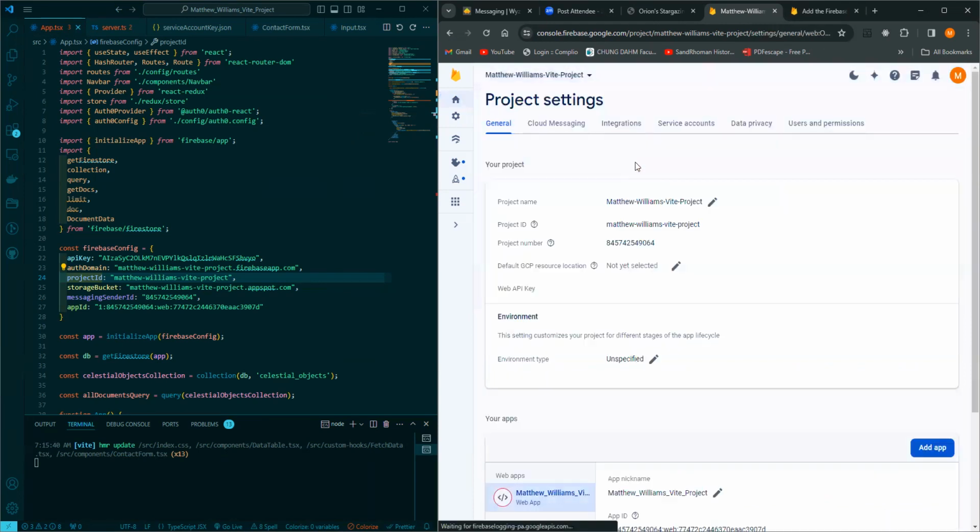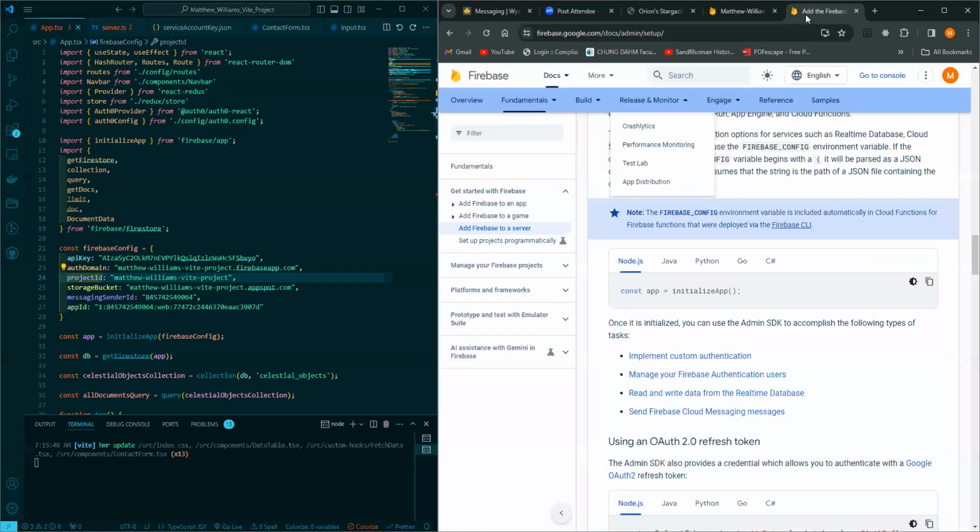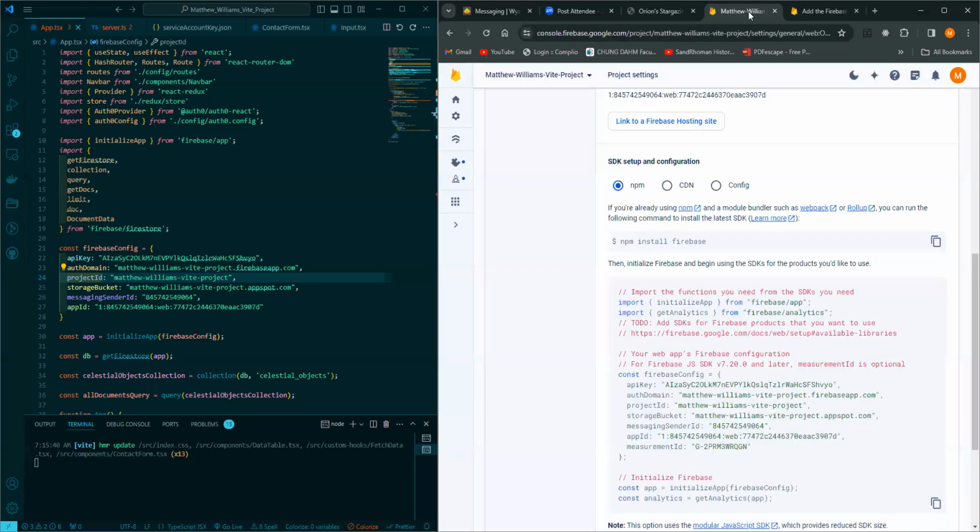Let's see this. So we have our project ID as well. Let's get a closer look. Initialize app we have here. We have all these pieces of information over here. Okay, so we've got our project ID. So it should be, for us, this particular endpoint, if we're looking back here,